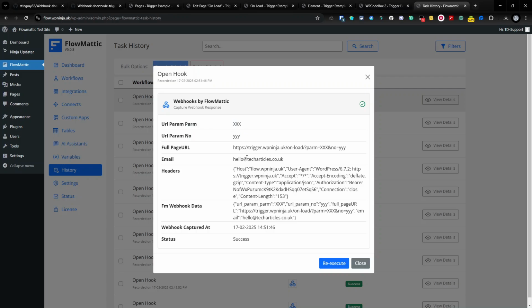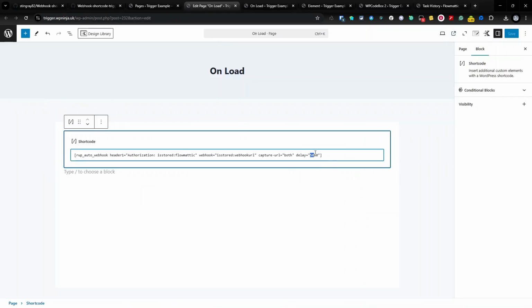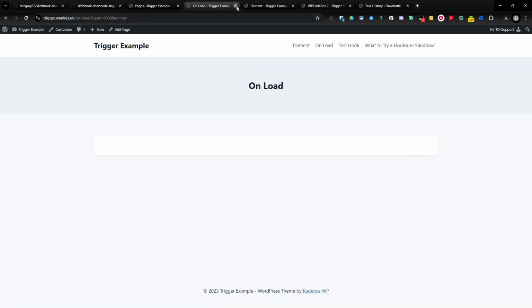These are our parameters that we use. The logged in email user that logged into it, and it sent that data. And there must be a delay on that. There is the delay of 5 seconds, so that's why it took a little time for it to come through. So that's where that could be useful as well, in newsletter links, etc., or just to know that somebody's gone